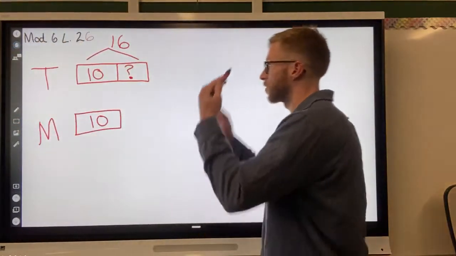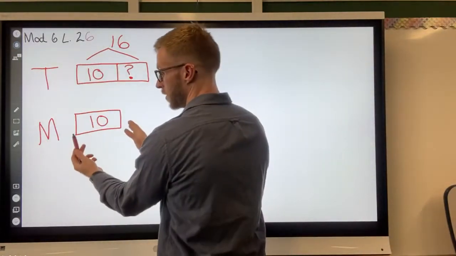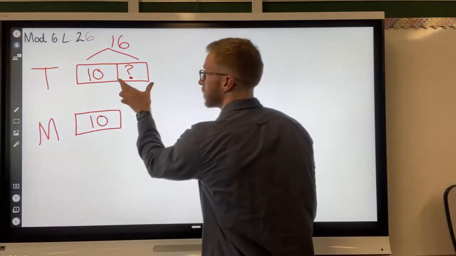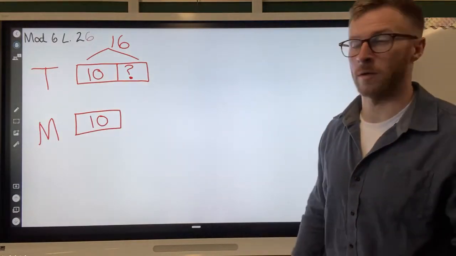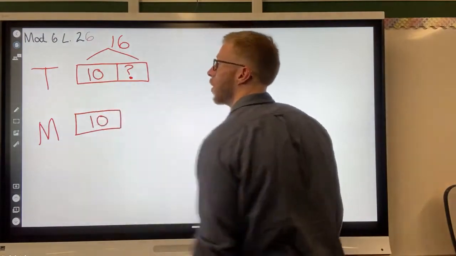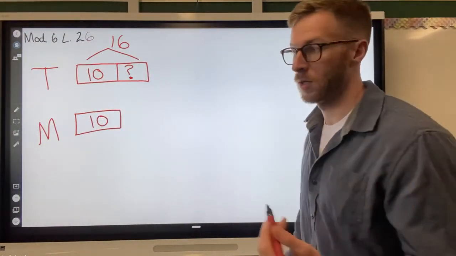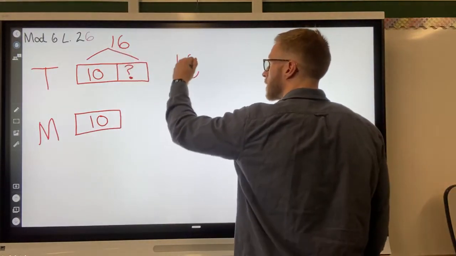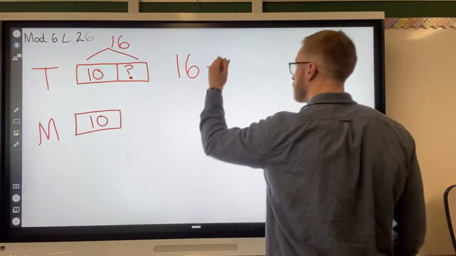So, Tony is reading a book with 16 pages. Maria is reading a book with 10 pages. How much longer is Tony's book? So, this is the part of the rectangle that is longer, right? We're trying to figure out how much longer it is. So what we're going to do when we have a number bond like this, where we're missing one of the parts, when we're missing a part, means we do subtraction. When we're doing a subtraction sentence, we take the whole first. 16 minus 10 equals